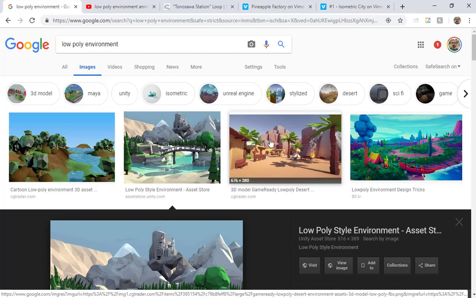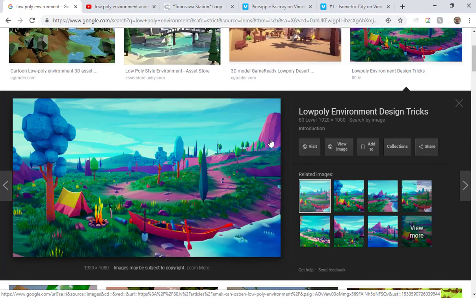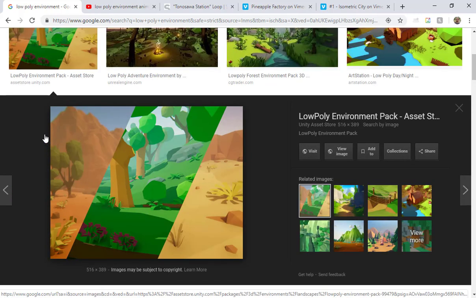You can see all these different other examples. The idea with this one is that we want it to look low resolution. We don't want these to be photorealistic or nice and smooth. We just want these to look like polygons. You can see all the faces of those trees, which is, again, a nice way